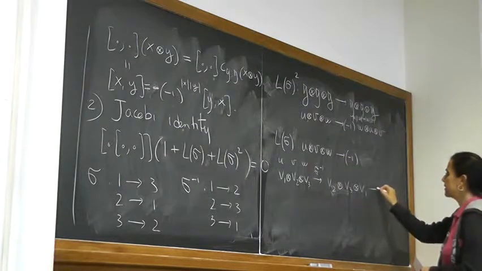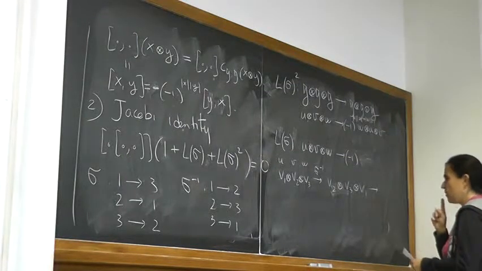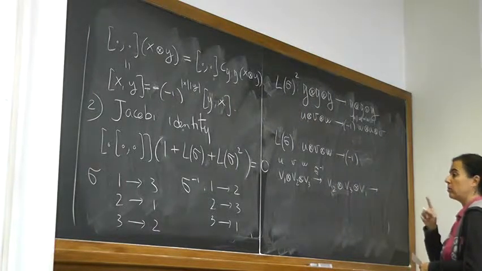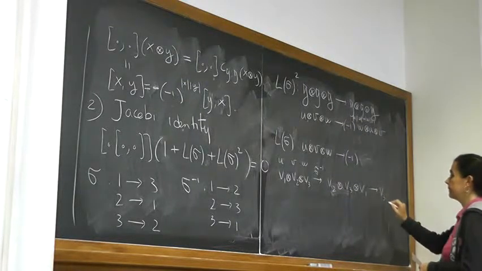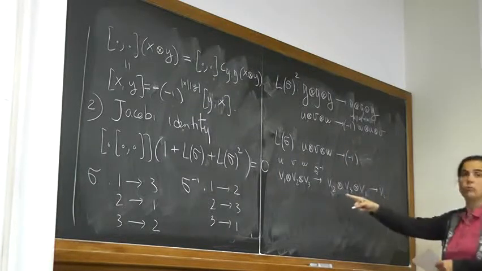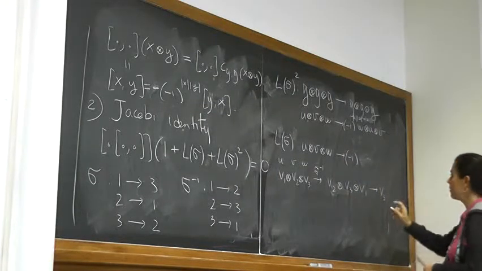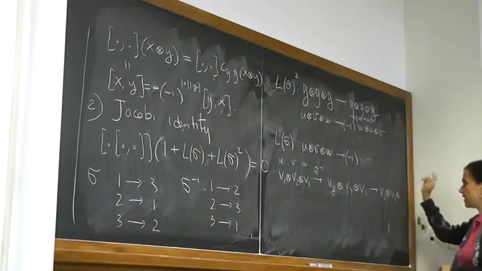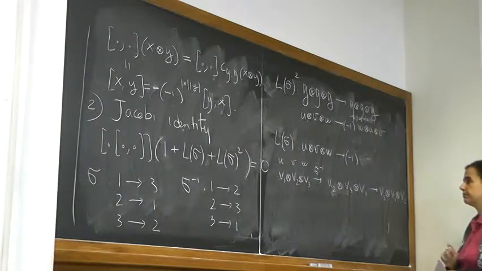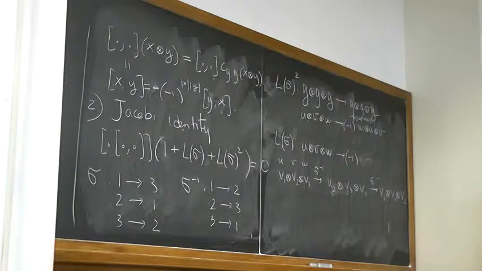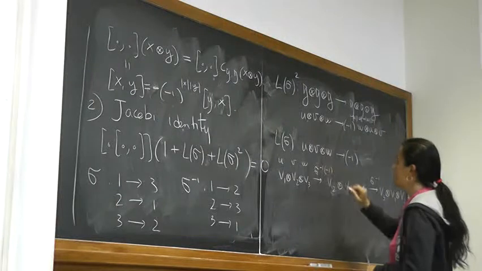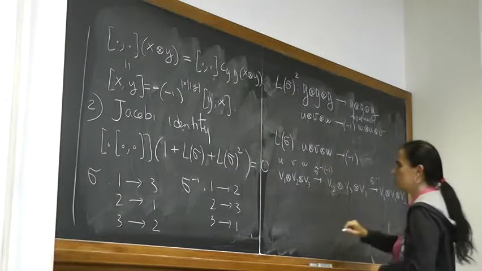And then, if I apply sigma minus 1 again, 2 goes to 3, yes, because I apply it to the index, not to the position, that is the confusion. 3 goes to 1. Now I put the sign, and this is 2. Am I doing this right? Hopefully. Now the sign, so this is,